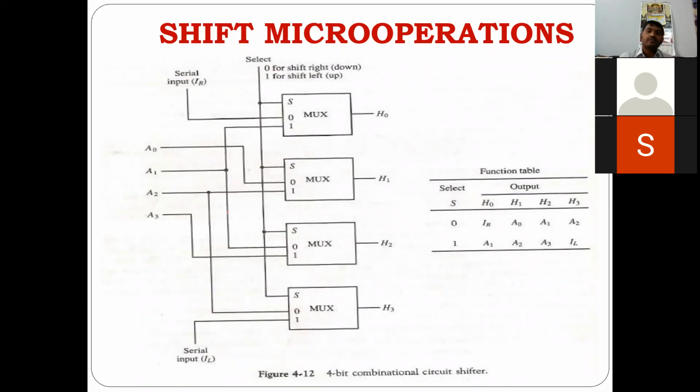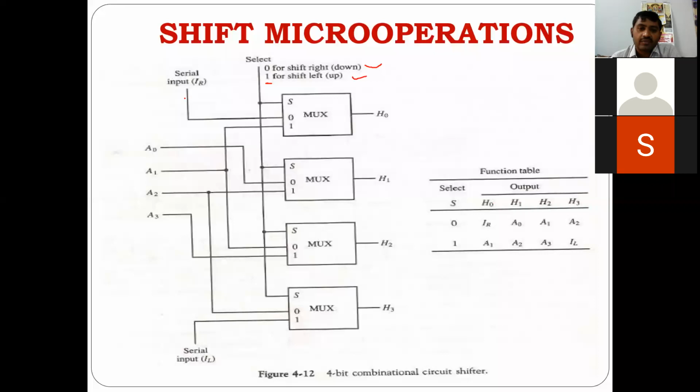So shift operations, some example that we have taken. We have taken it as a multiplexer, right? It's a 2:1 mux, because it has 2 inputs, 1 output, and 1 selection line. 1 selection line means it can be either a 0 or a 1. If it is 0, I'll take it as shift right, and if it is 1, I'll take it as shift left, right? In that way, I'm taking it.